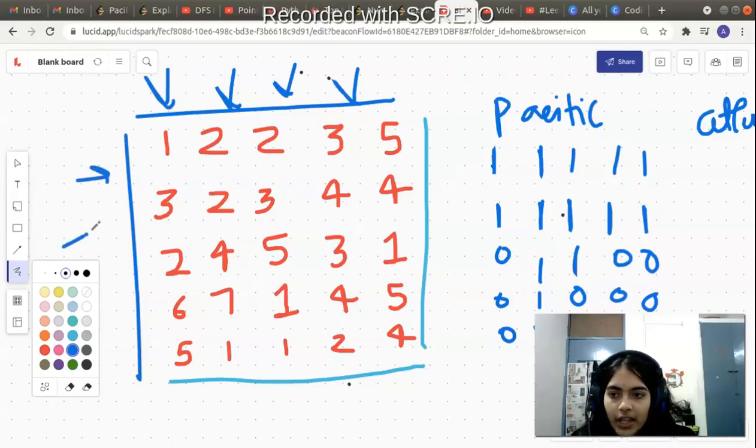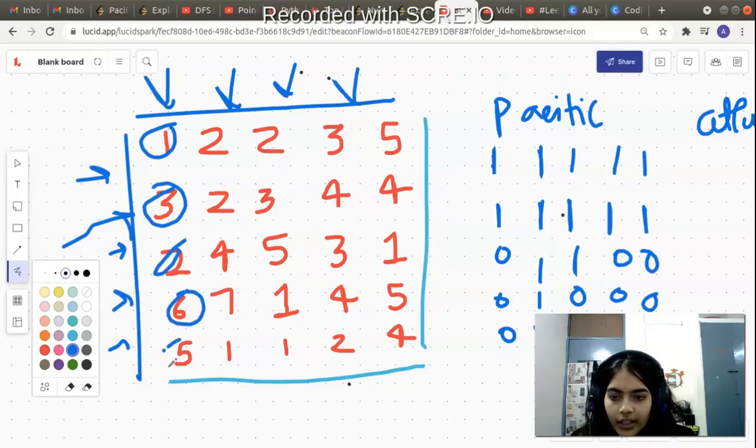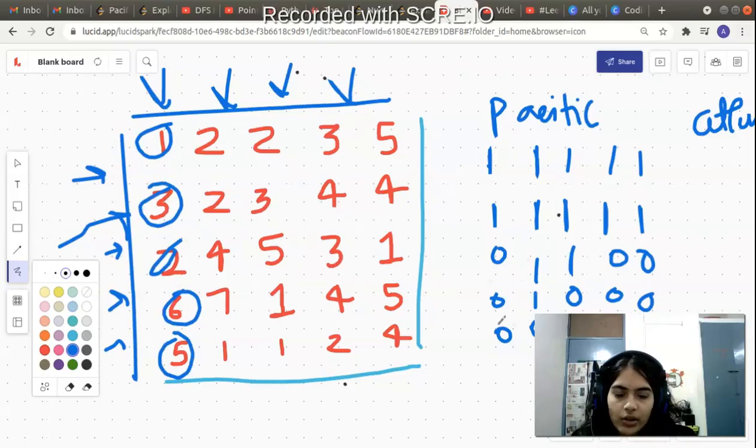Similarly, we'll do the same thing via this Pacific Ocean. We will start iterating from these elements and keep calling the recursive function to check whichever cell water reaches, and we will make those cells also one. For example, all these cells which are not one will become one, because water can reach all these cells also. So water can reach all these particular cells in this example.